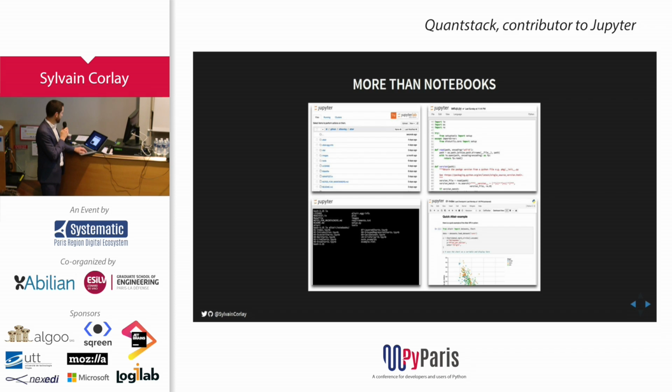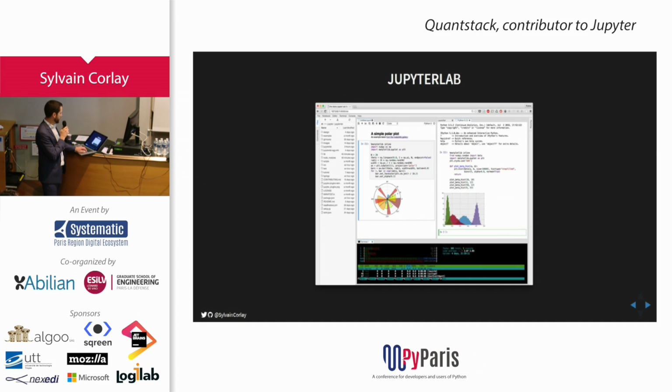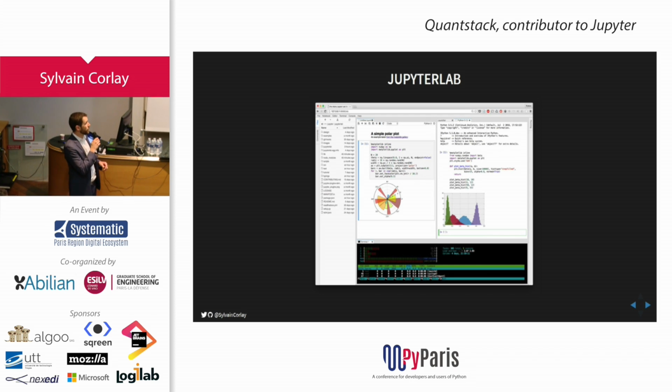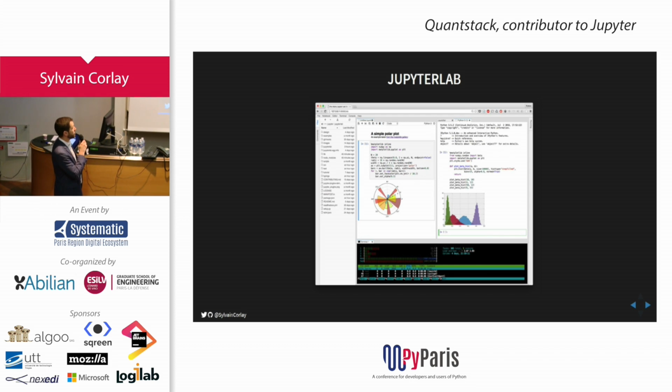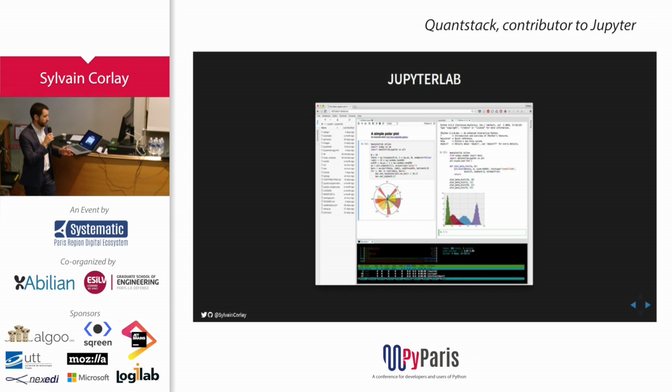So actually we really wanted to put all of this back together, and this is why we started the JupyterLab project, which is a complete rewrite of the front end into a single interface that encompasses all of this and provides the same type of experience as a desktop environment with tabs, multiple windows within one browser window. So in this image, you can actually see a terminal, a file explorer, some of the components that I listed earlier, but all in one.